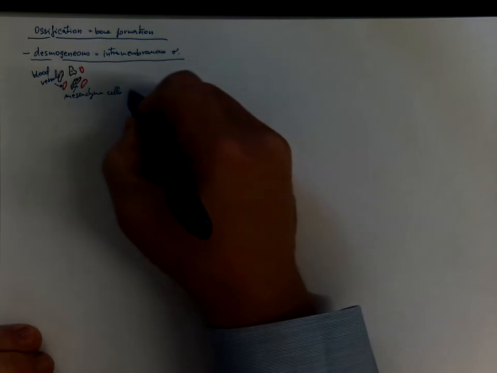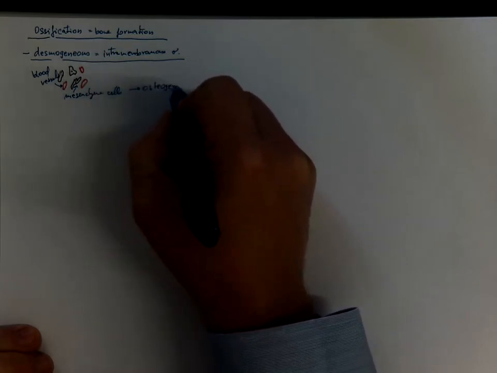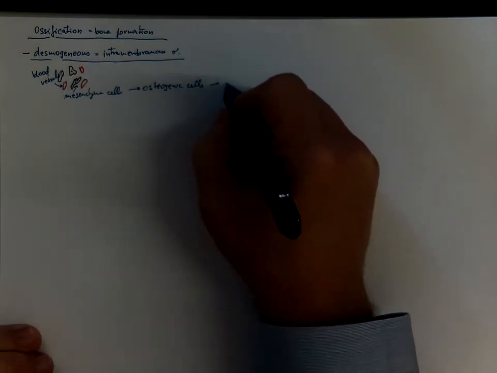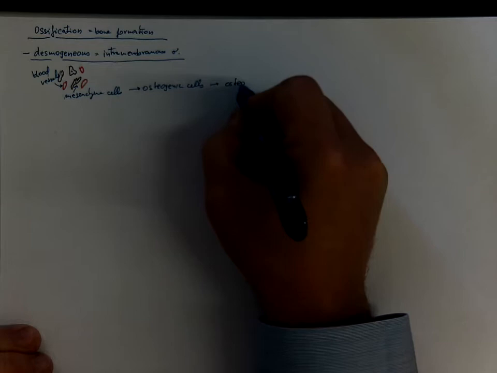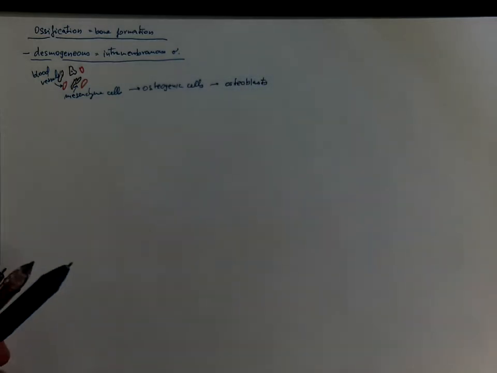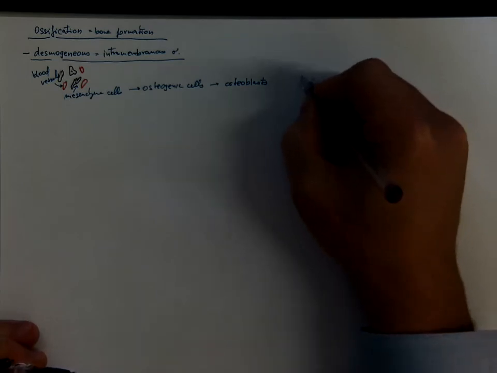And they become osteogenic cells that differentiate into osteoblasts. And these osteoblasts start to produce the bone matrix,